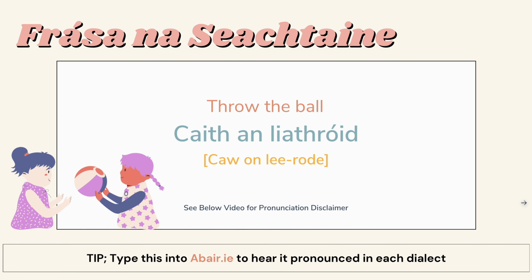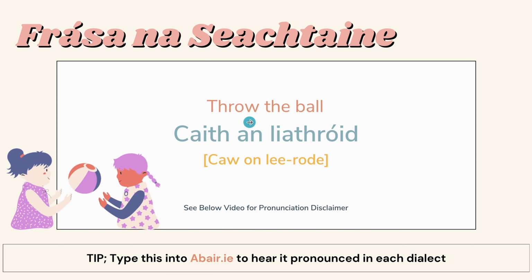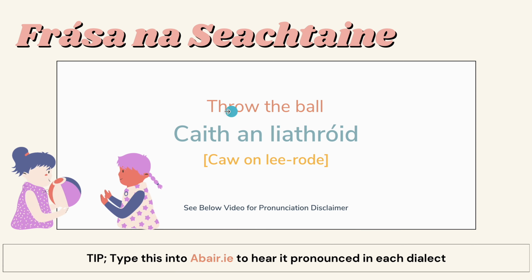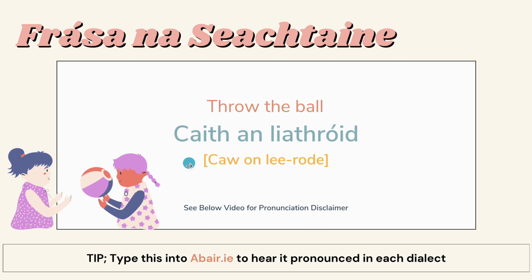So throw the ball in Irish is ca on Lee Roads. Now, it's worth mentioning this pronunciation disclaimer here, and it's down below the video, that